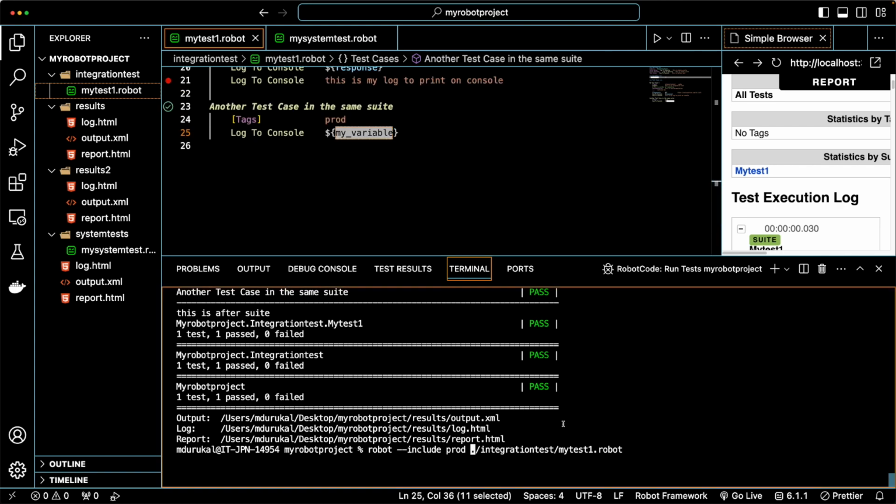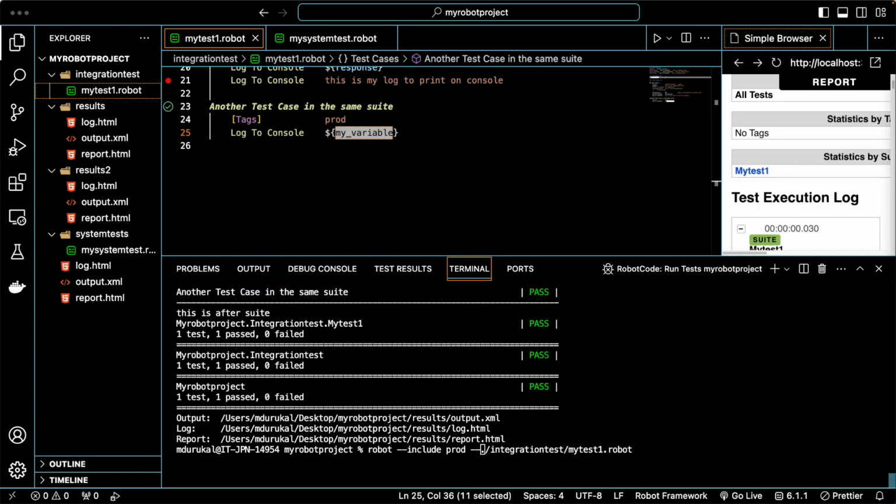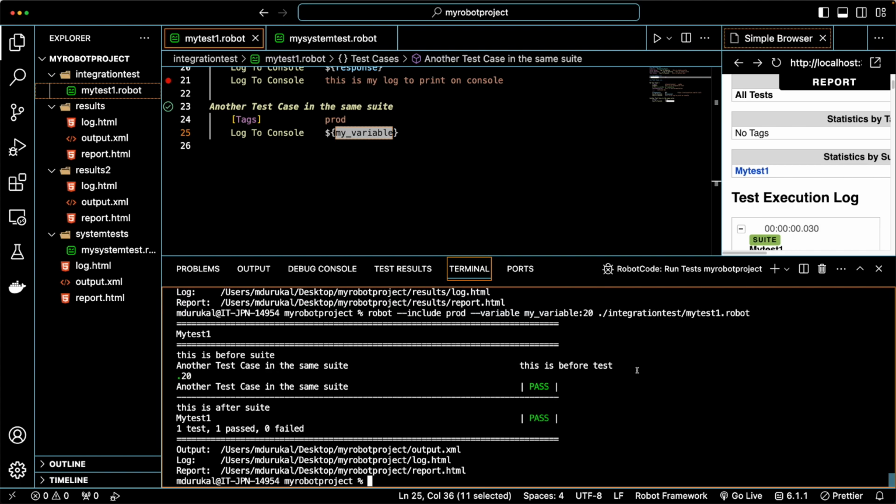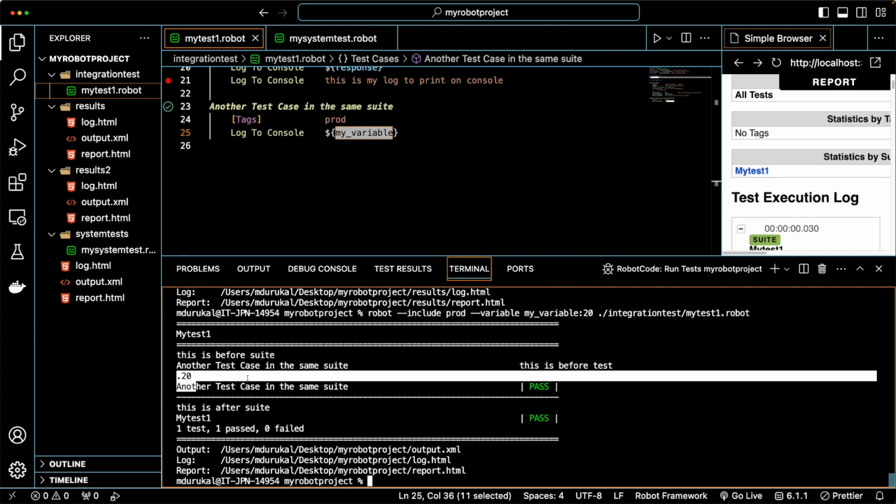So what I will do is just passing the variable flag. Variable. And now I'm setting a new value to override the default value. So which was my variable, and I'm setting to 20 instead of 10. So now if I run the test, I see 20 instead of